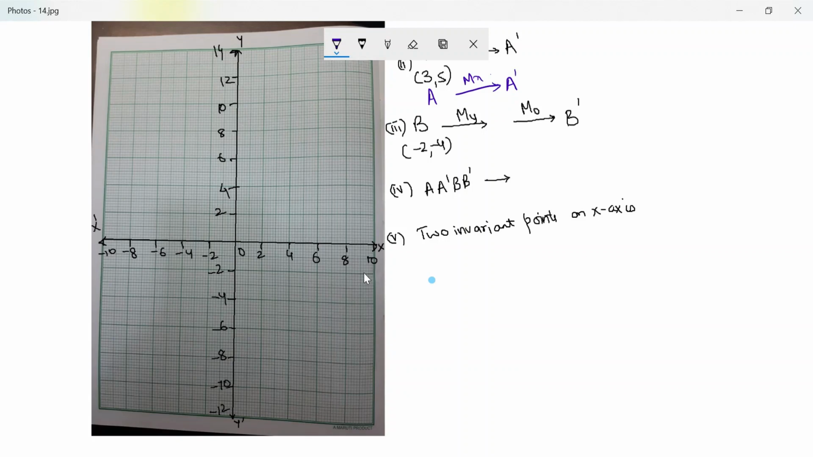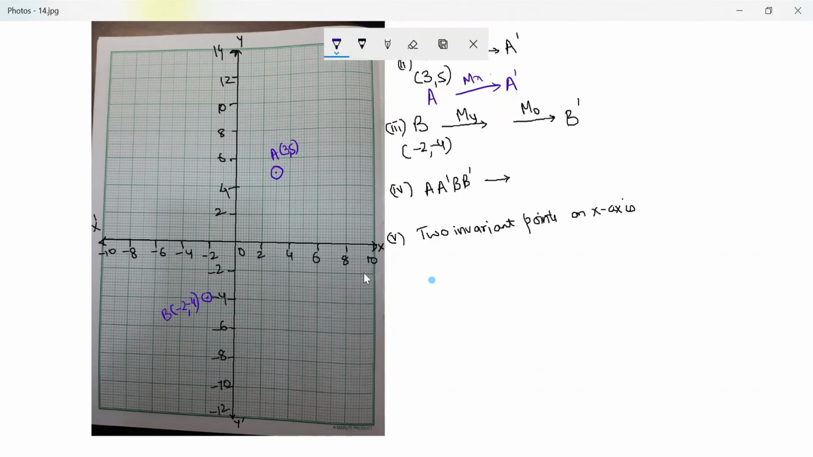Now let's look at the points. Plot the points 3, 5. So this is 3, 5. This is my point A. Next, B is -2, -4. This is my point B, -2, -4. Next,